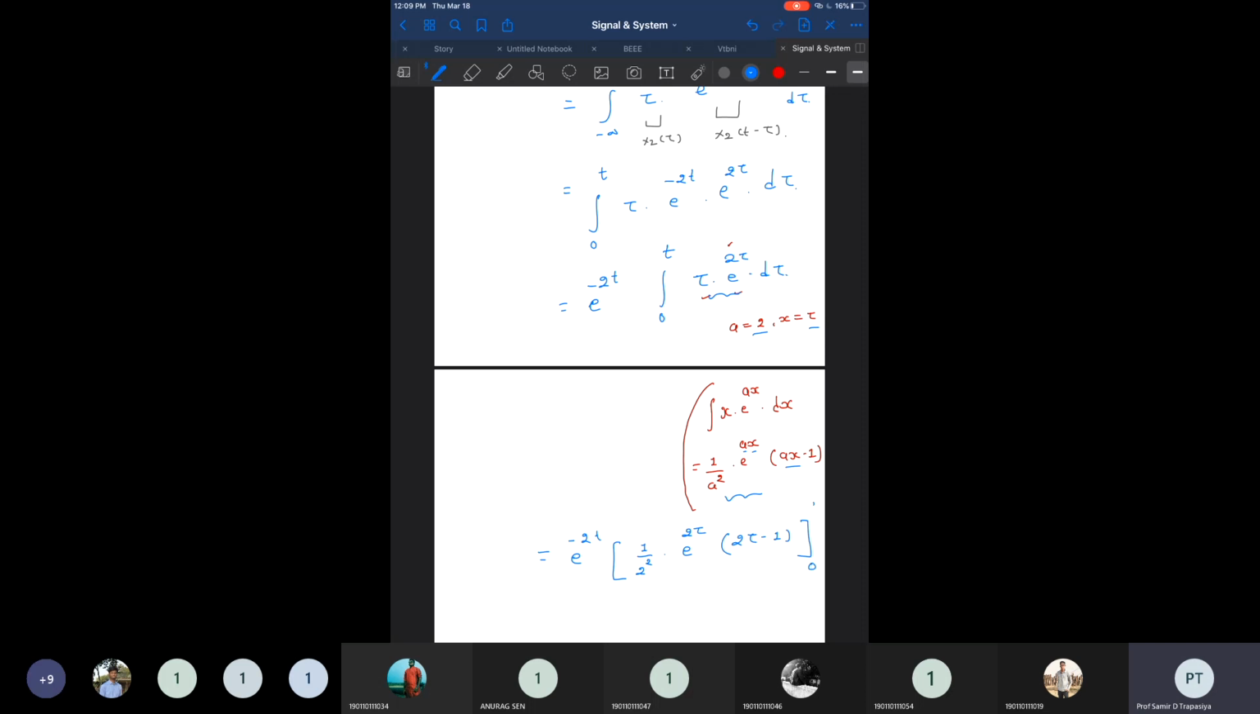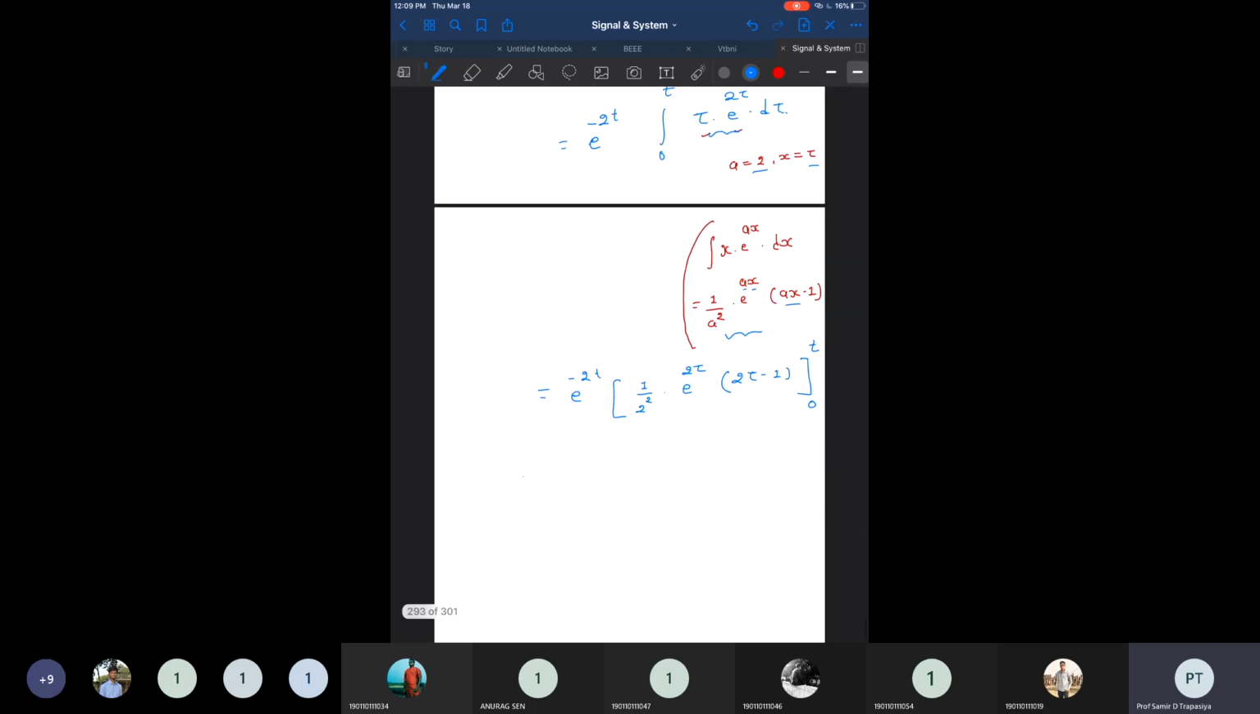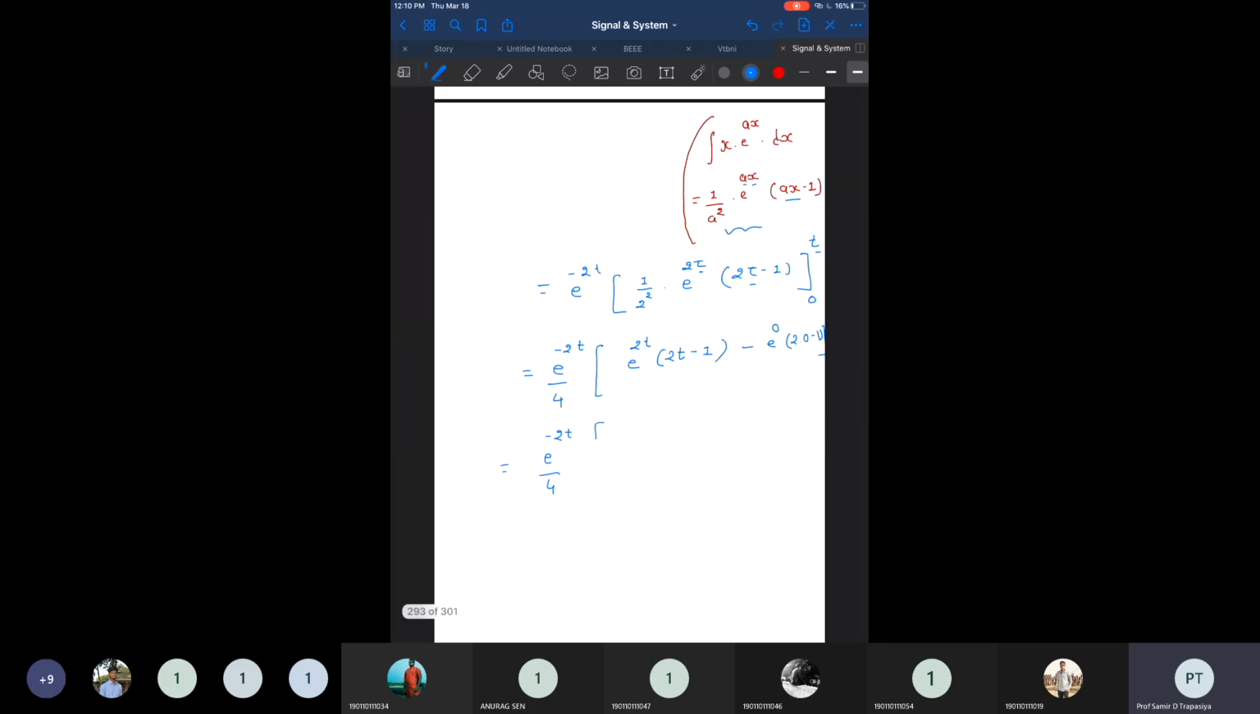Now the limits are still there, 0 to t, we can apply this limit. Okay, so first 1 by 2 square is 1 by 4, so we take it out. So we have e raised to minus 2t by 4, since 2 square is 4, and we apply the limit. First we apply the upper limit, tau is replaced with t, so it is e raised to 2t into 2t minus 1. Now we apply the lower limit 0, so e raised to 0, and 2 times tau is again replaced with 0, minus 1. So if you solve this, we have e raised to minus 2t by 4 inside a bracket, e raised to